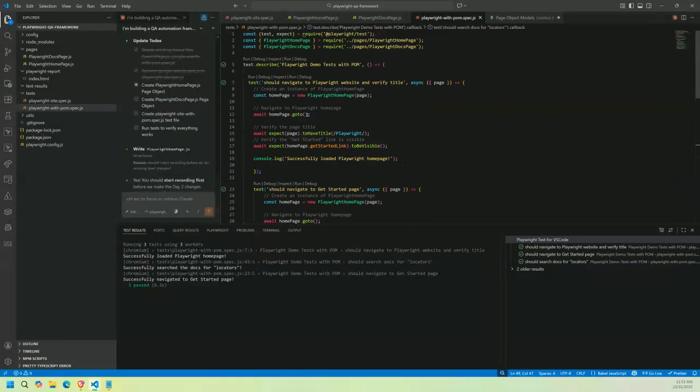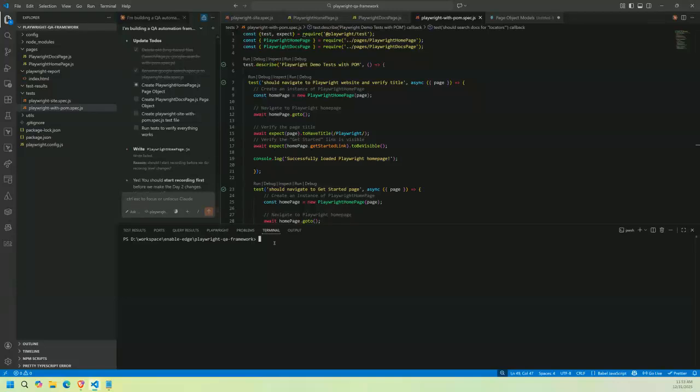As you can see, after the execution, the tests are working perfectly fine, and let me run the command to show the report. The report command is the command that we will try and run,